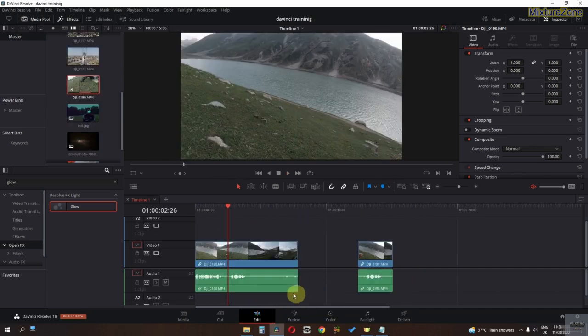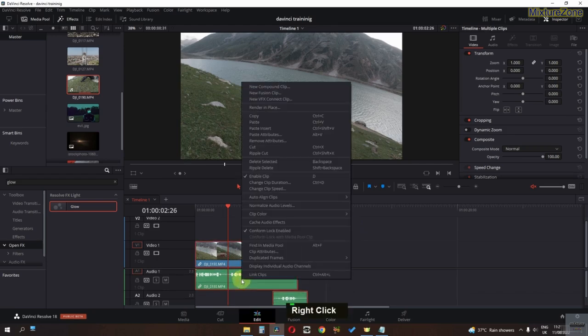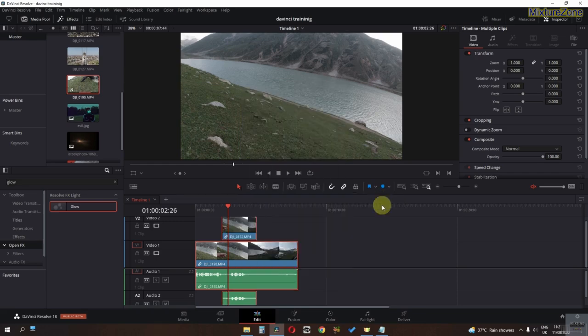So now we have the last useful option, which is auto align clips. If you want to align your clips automatically, you can just do that. Place your clip on top of the layer that you want to align the clip to. Now select both clips, right click, and we have this auto align clips, and now click on based on waveform. It will align your clip based on the audio, so your audio must be the same in order to align the clip.